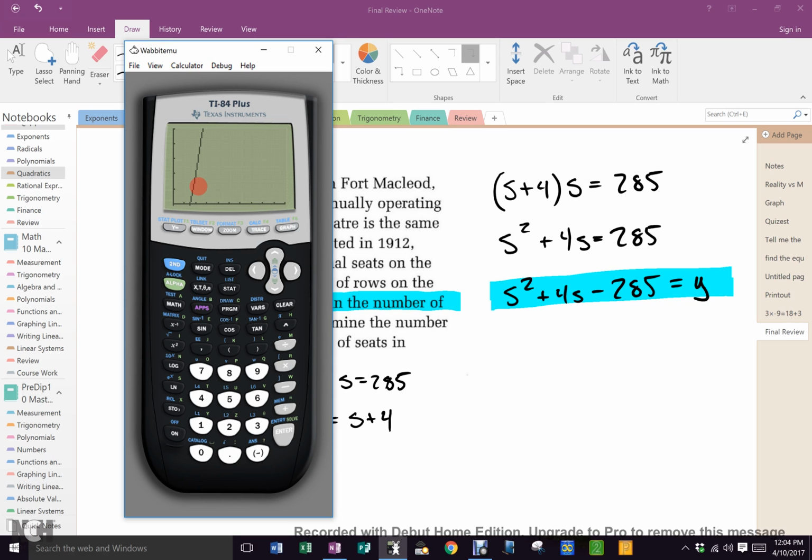Well, I got the beginning of it. I'm having trouble setting up my window, because that's probably what's going to happen to you guys. So let's try it. If you have trouble setting it up with your window, you can always go back to the quadratic formula. But I do want you guys to get a little bit of calculator practice, right? So